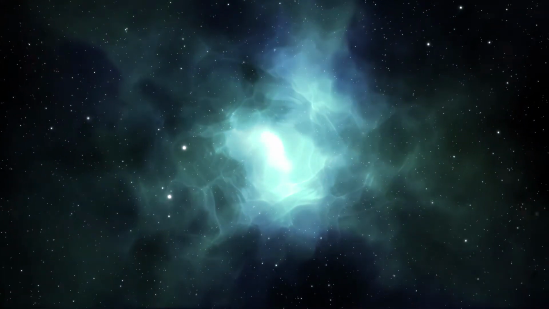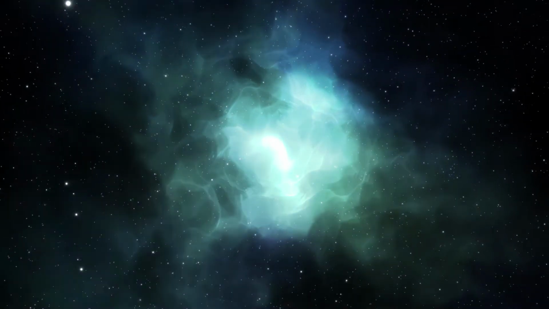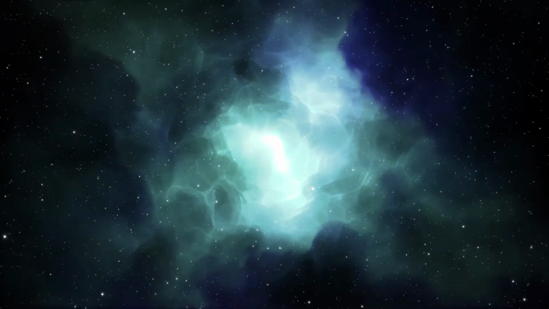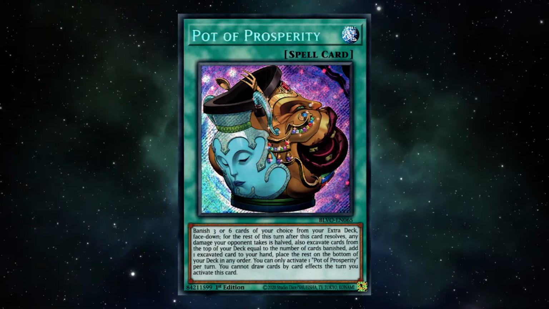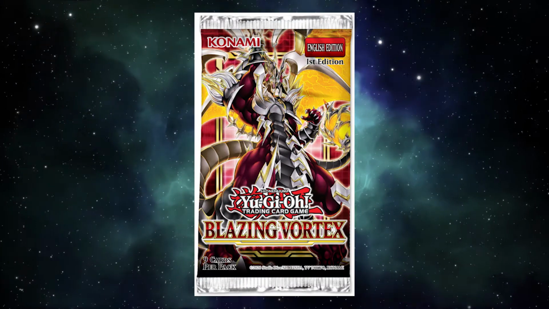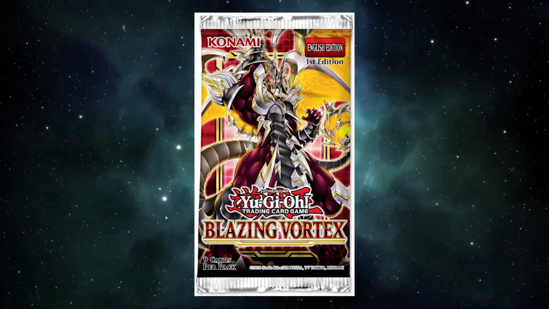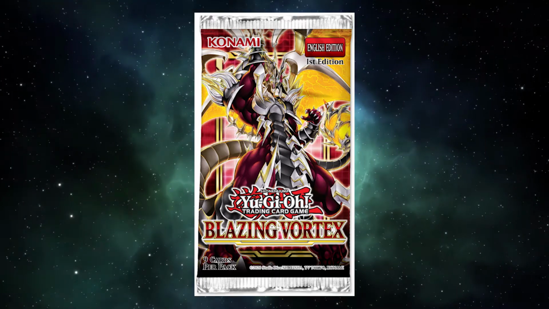YGOSTART single card discussion is going to be talking about some of the cards that have impacted Yu-Gi-Oh! throughout the years. Today's card, Konami's latest in the Pot line of cards, Pot of Prosperity. Prosperity was released for the first time in Blazing Vortex in February of 2021. And seeing as this video is being released only a month after that, as of now it has yet to